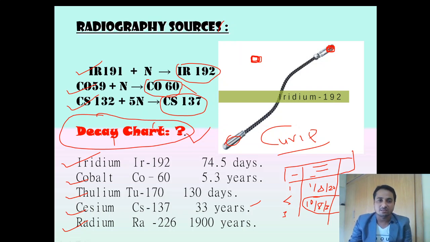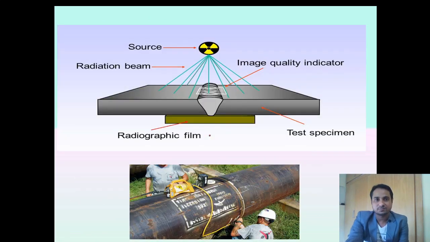Normally, for any industry, BARC gives sources of 30 Curie and below, and most industries are not allowing 30 Curie. They tell us we need to keep it at 20 Curie, and some accept only 10 Curie for their field because these radiations are very harmful. That depends on the industry, and manufacturing units of different companies allow different maximum source strengths to be used.